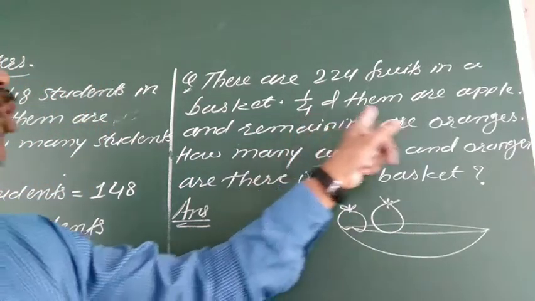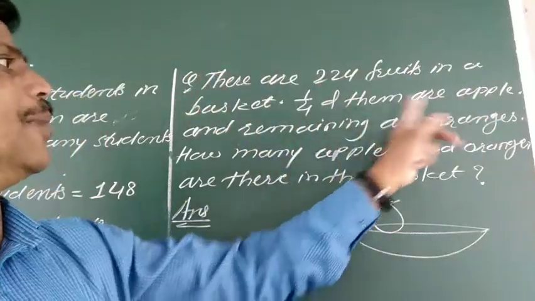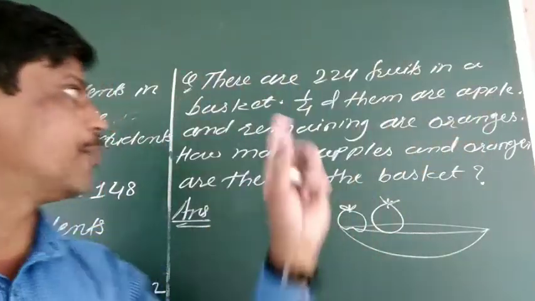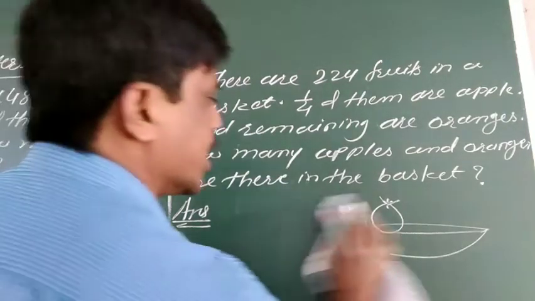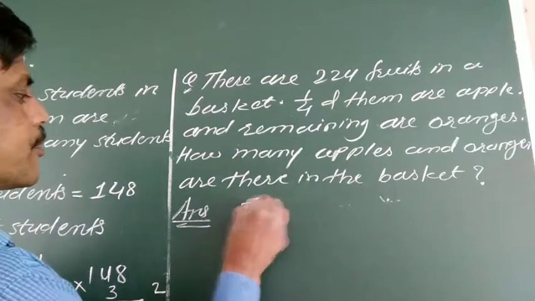It is 1/4 of the fruits। टोटल जो fruits है उसका 1/4 apple है and remaining are oranges।